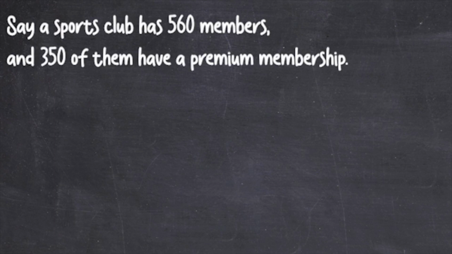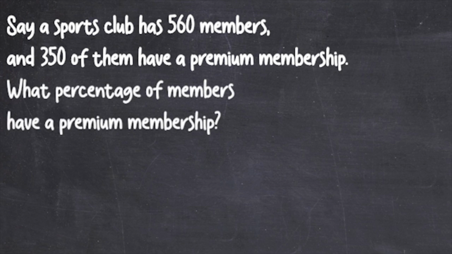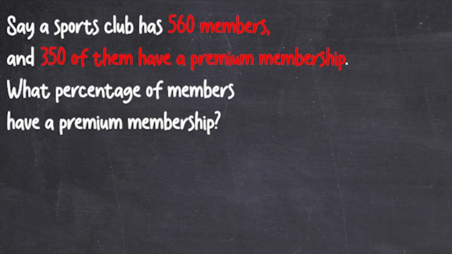Let's try some practice questions. First, a sports club. Say a sports club has 560 members, and 350 of them have a premium membership. What percentage of members have a premium membership? We know that there are 560 total members, and 350 of them have a premium membership. To convert this into a percentage, we first need to write it as a fraction. We should write this as the number of members with a premium membership over the total number of members,